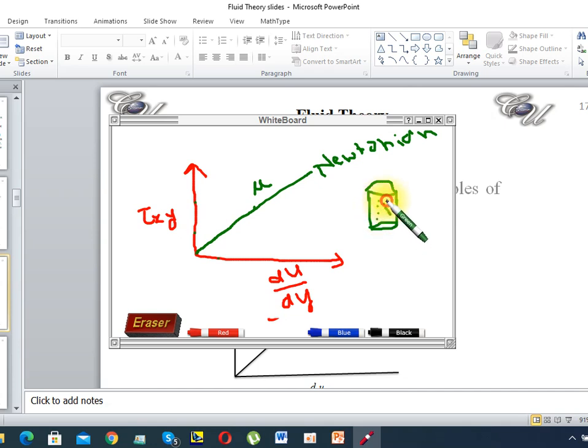Using a spoon or some stirrer, you are shaking this fluid. What does it mean? Your spoon is producing stresses, so you are applying stresses. So using your stresses, stir this fluid which is inside this glass,